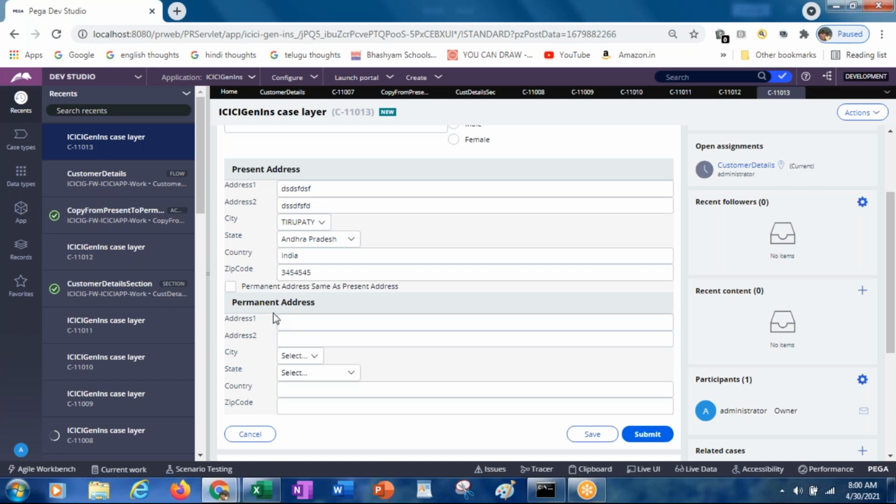Even if you want, you can apply the visible condition also. But if you apply only the visible condition, it will just not display. So you need to apply both of them so that it should not display at the same time. These values have to be populated to the permanent address, so that when it is saving into the database, this permanent address and parent address both will have the values.